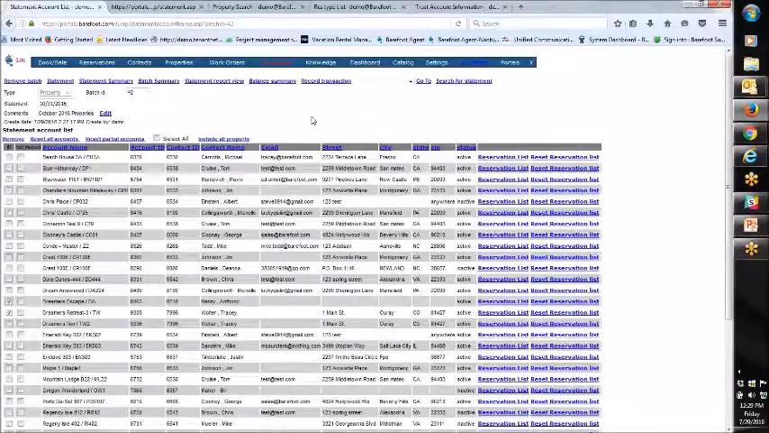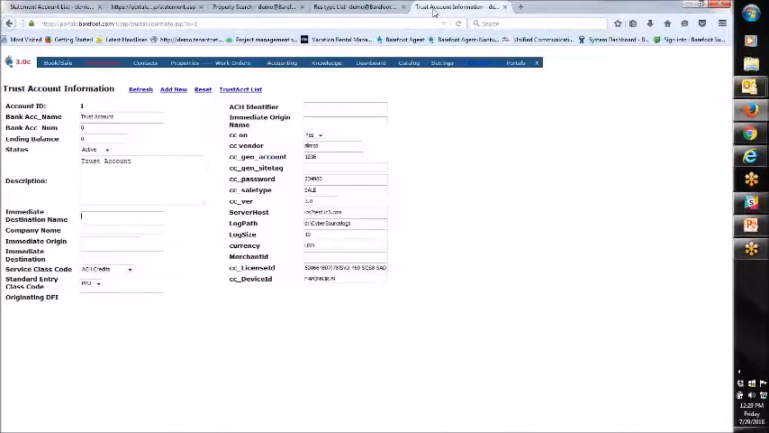I just want to touch on briefly our ACH capability. ACH is actually extremely easy in the system. I'm in the back end here. I've come in through our settings into our trust account information, and you'll see that we have information that would be necessary to fill in here on the back end to be able to push through